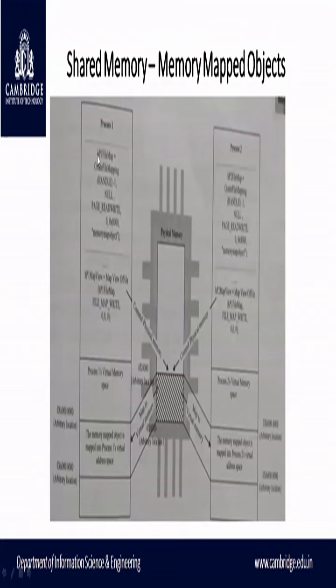You are going to use different techniques, some syntax, to create and use this shared memory. If you use the map view kind of call and do that mapping, this commits the physical memory for that particular process, so that it can be used by this process. From this address location to this address location, this particular memory is mapped to this process. The same way for process 2, the memory can be mapped to virtual memory starting from this address to this address. So process 1 or process 2 can share its data from process 1 to process 2.